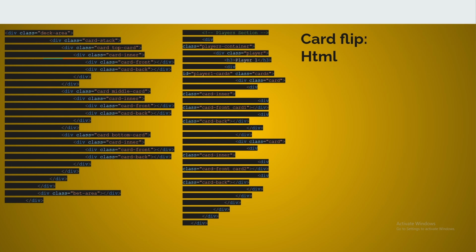This structure is simulating a deck of cards in the game with their faces hidden until they are dealt